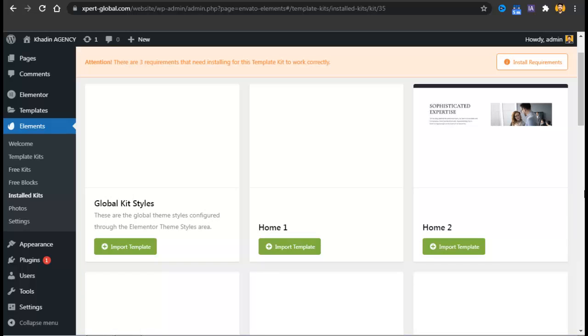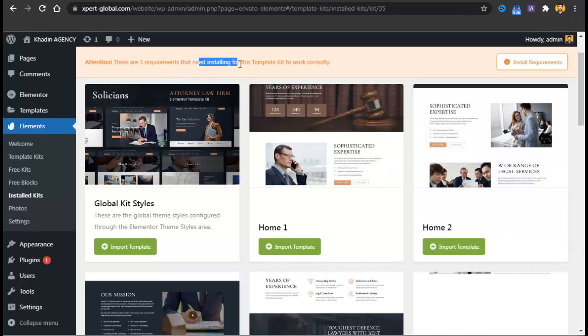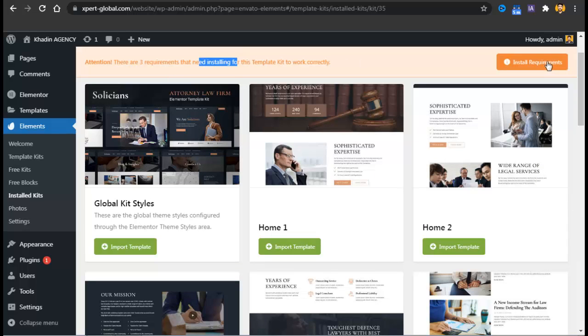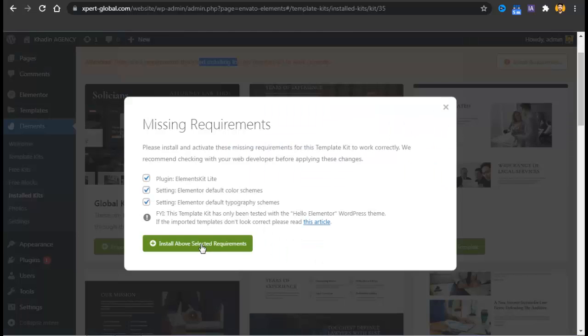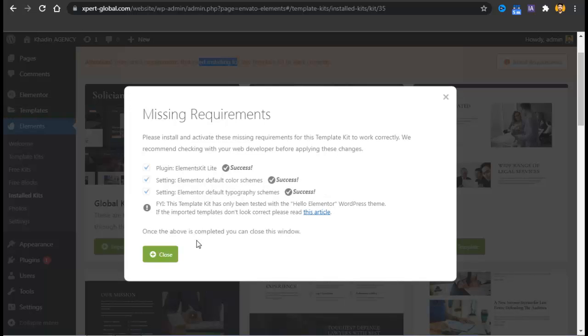Now you can see the template kit file is imported, and it is showing that there are 3 requirements that need installing for this template kit. So you just have to install the required plugins. These plugins are a must for the website to work. It's not difficult, it's easy.